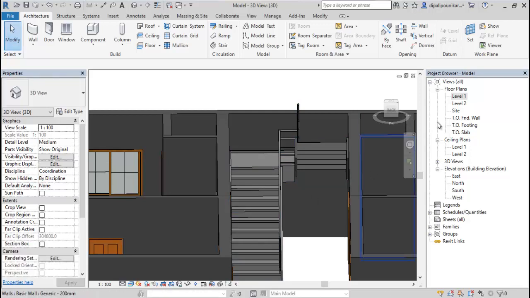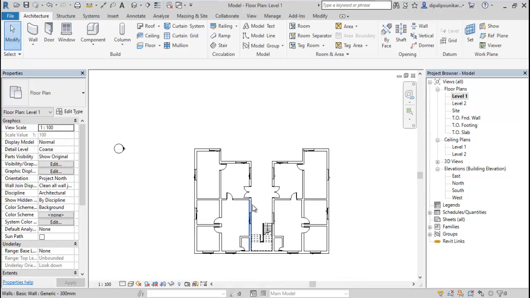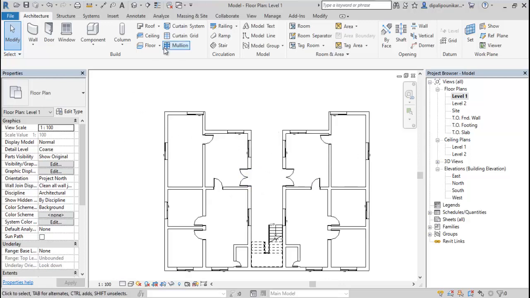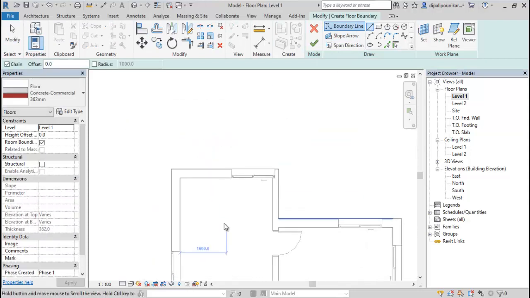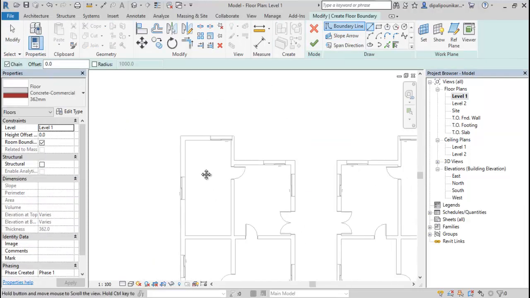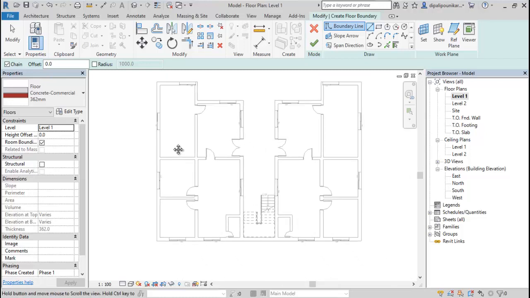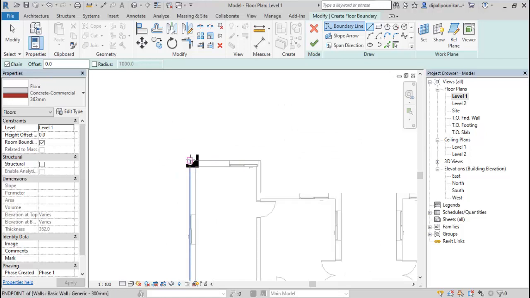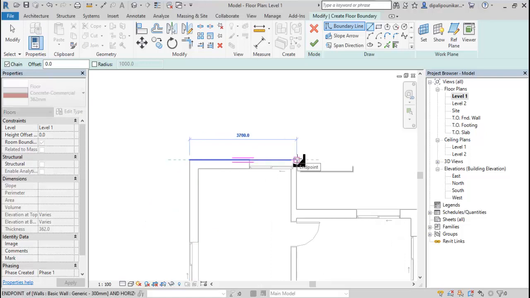Control S. Now you can see after saving the plan, what we have to do is, with this particular model, first you need to provide the floor. So click on floor, click on this particular line. Now we want to provide a floor in some different manner. We want to provide a gallery also that we used to provide. We will do that particular exercise afterward. So first you need to create a floor plan like this.